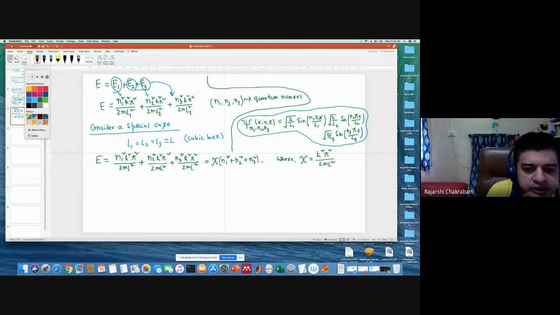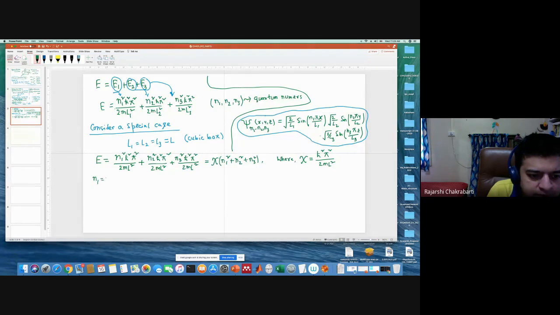So your expression is given by this, and you know the lowest possible values for these quantum numbers are 1. So if I choose this,